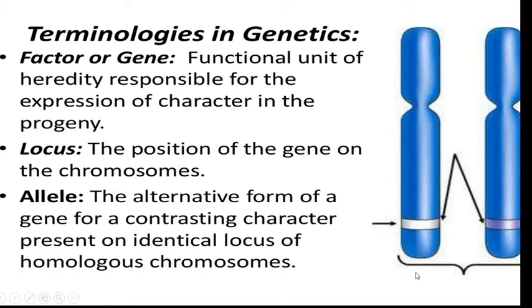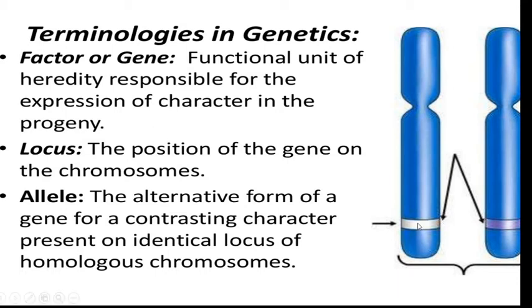You can just have a look at this one. This is the chromosome. DNA is present in the form of pieces called chromosomes. In each chromosome we have a short length, and that length is what we call a gene. This is the one responsible for a particular character. For example, your skin color may have a gene responsible for it. For height there is a gene responsible for height. The color of the pod is controlled by a gene.